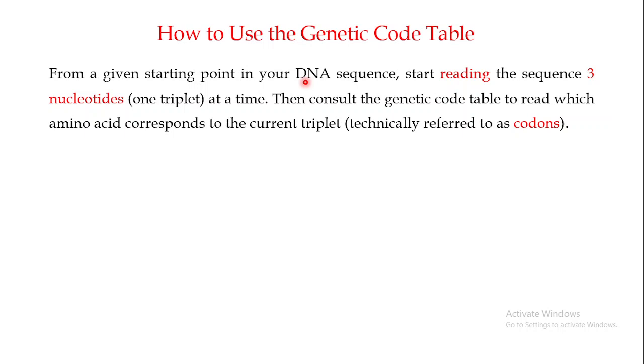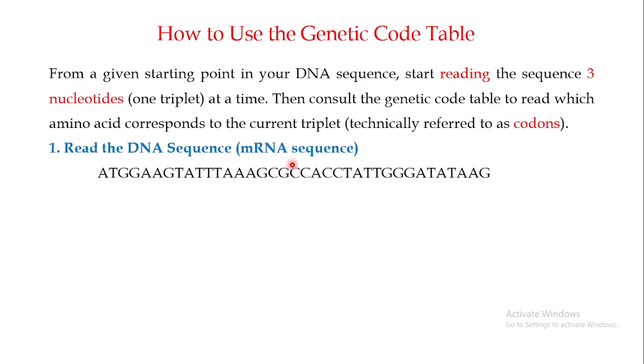But for this video, if you start from a given point in your DNA sequence, you start reading the sequence three nucleotides at a time. These three nucleotides, of course one triplet, are technically known as the codon. If you have identified a codon, then you have to consult the genetic code table, and the genetic code table gives you the information that this particular codon codes for this particular amino acid. For example, if this is the messenger RNA sequence,